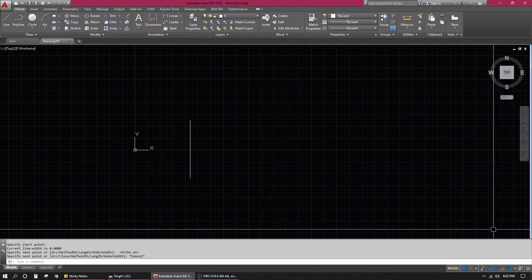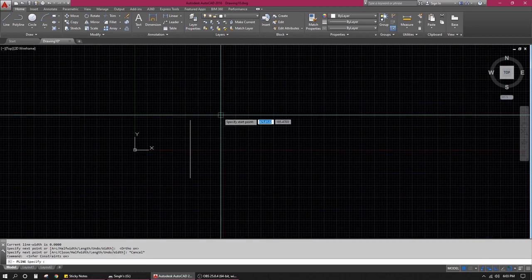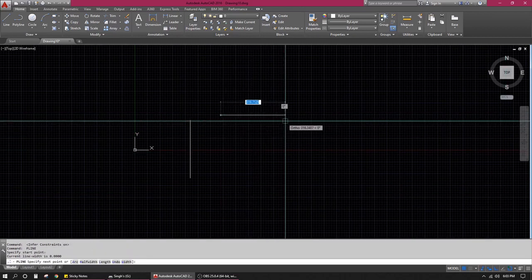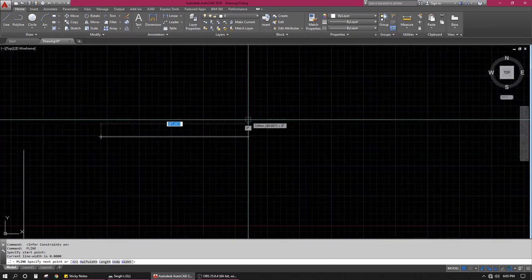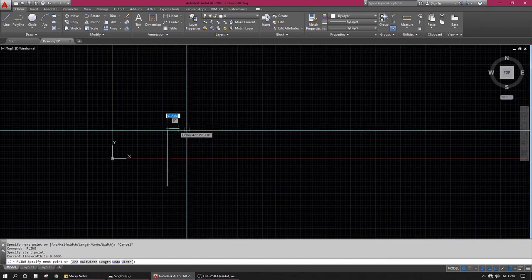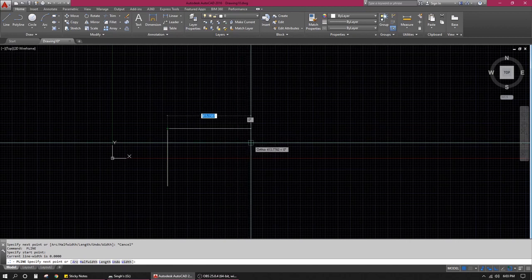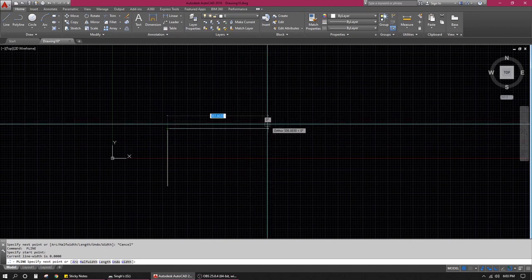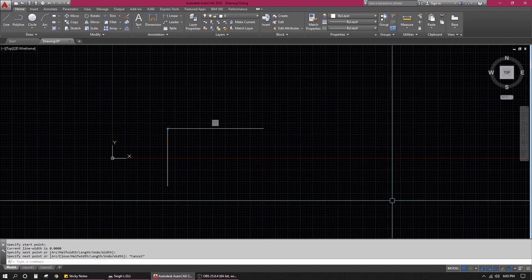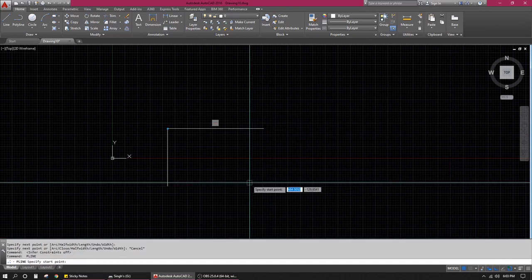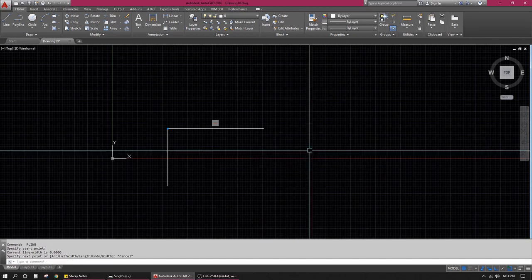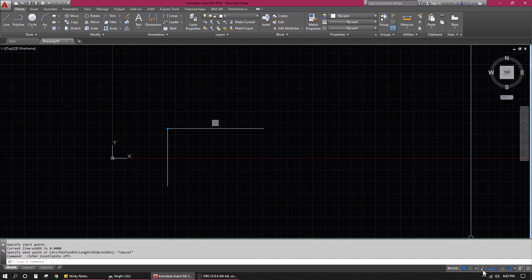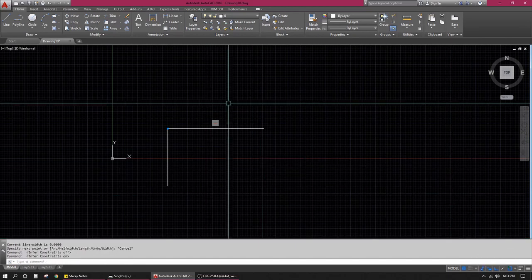And when I turn it on, it shows me the exact point, the exact coordinates of it. Now I turn it off, there are no coordinates. I turn it on, there are coordinates, right? So that is that. I like to keep it turned on all the time.